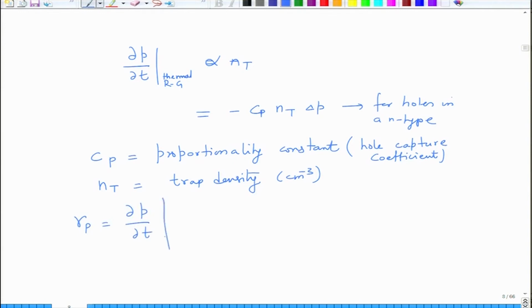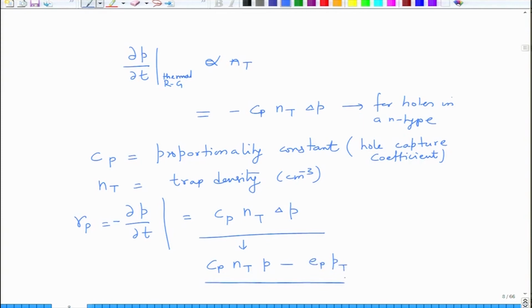Now, this is negative. So, what you have here is Cp Nt into delta P. So, minus sign I have taken here. So, I can define the rate Rp as, if you look at the expression in more detail, this is where I have made some shortcut, but in reality the Cp Nt delta P is nothing but Cp Nt P minus Ep